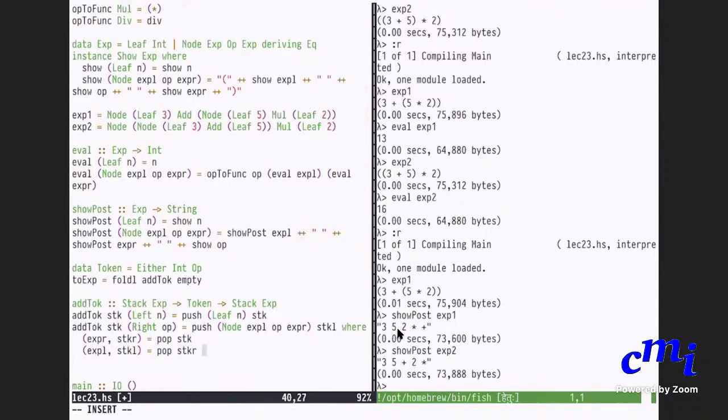So you first remove the element on the top of the stack, that is your right argument. Then again you remove the element on the top of that stack, so pop of stack R, and that will give you another expression and another stack.